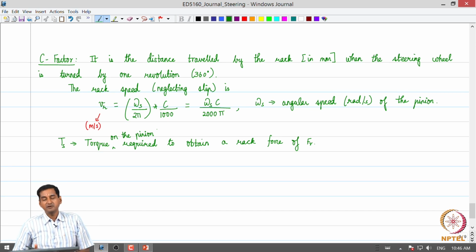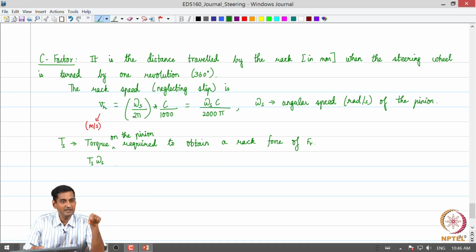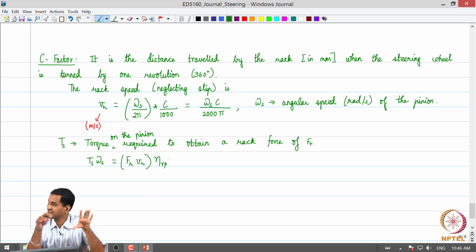So, how can one obtain an expression for this? We can use energy balance. So, Ts times omega s is going to be the rate at which energy is input from the pinion, and that should be equal to Fr times Vr, which is the rate at which energy is coming out of the rack. But of course, there is going to be a loss, let us say at the rack and pinion, some energy loss due to friction and other losses. So, we multiply by